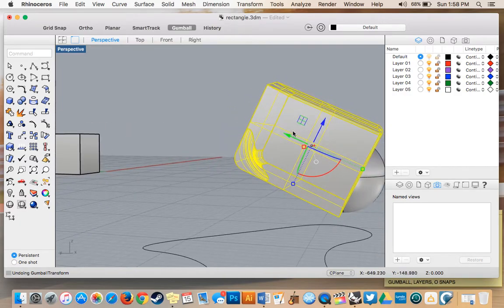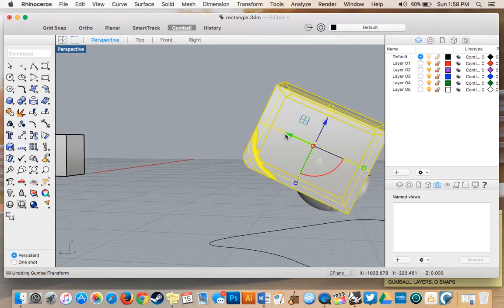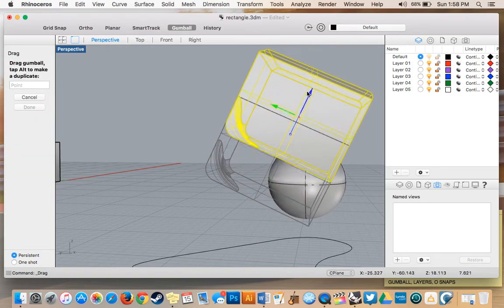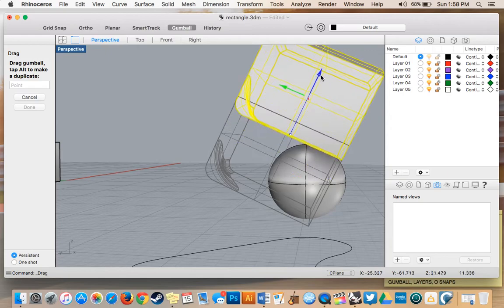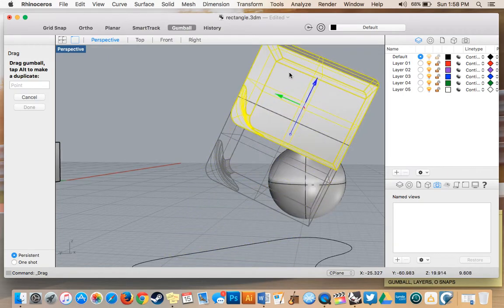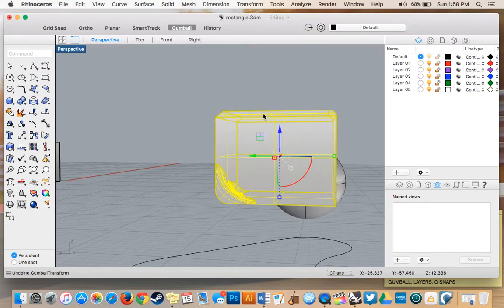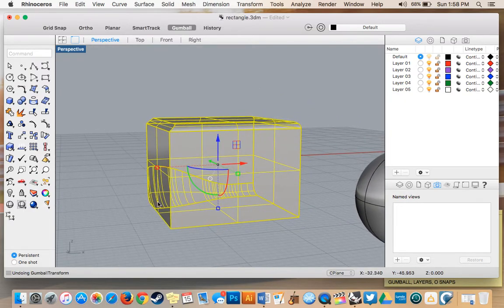And now, as you can see, it changed the whole axis of the object. So if I want to move it in the Z direction, it now no longer goes straight up and down. It goes straight up and down along that 25-degree axis that I created. So I'm going to go ahead and undo those. I'll show you the last one here,